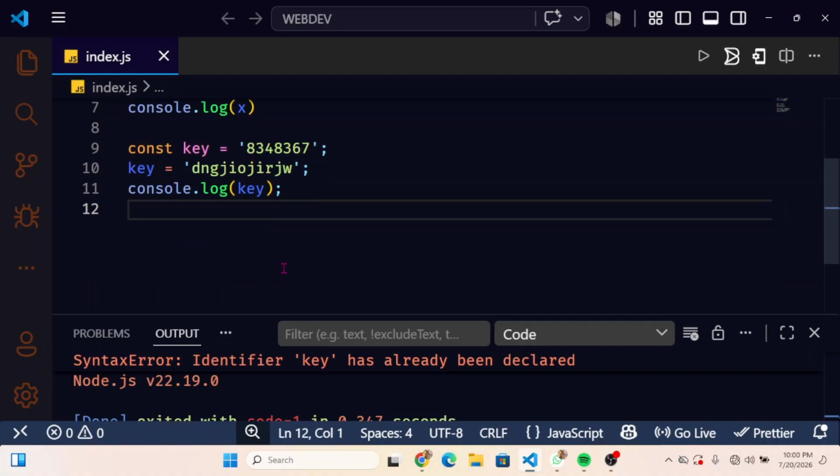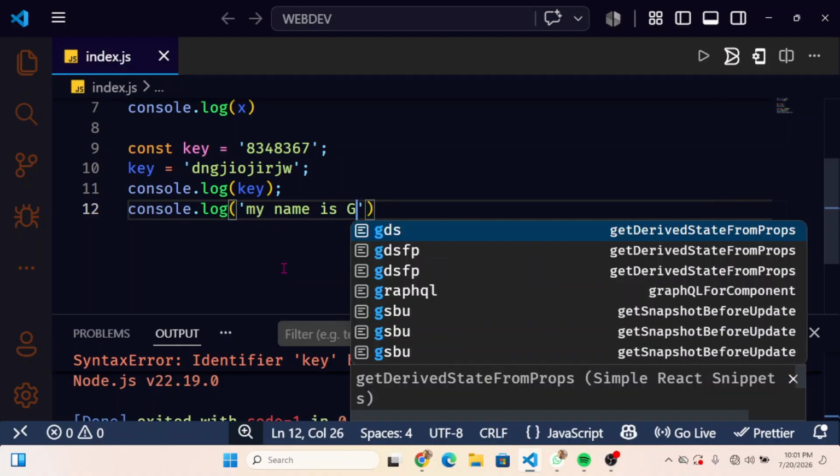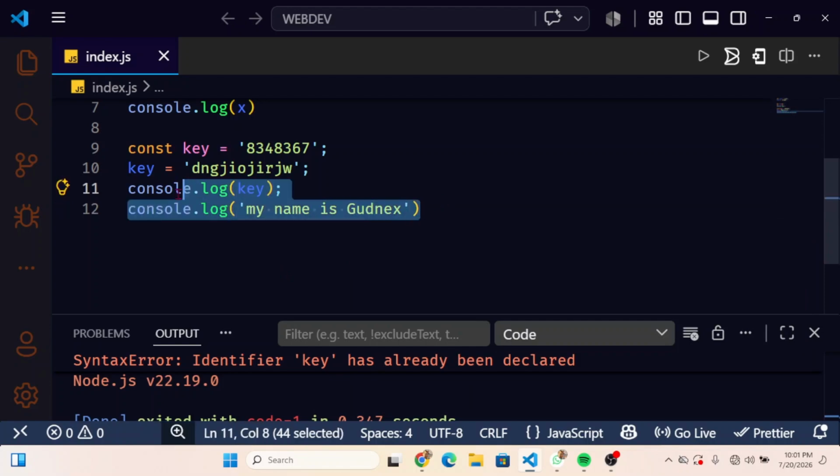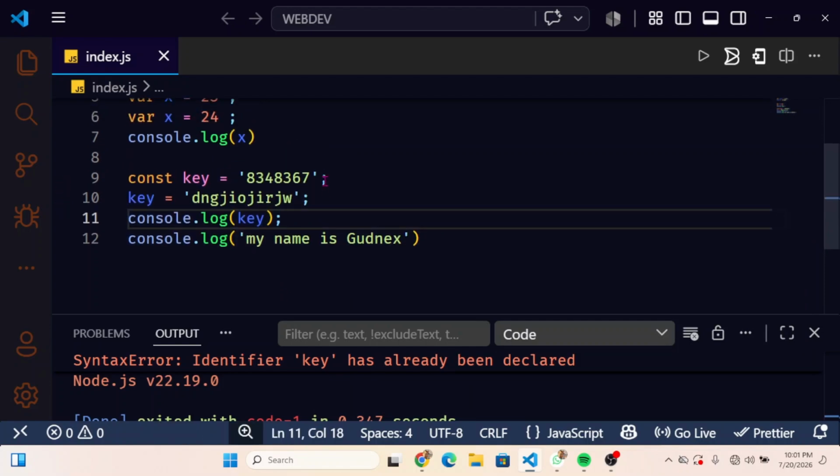Meanwhile, we can also have something like console.log. Inside there, I can say my name is good next. So we'll talk about how these things came about. So until then,